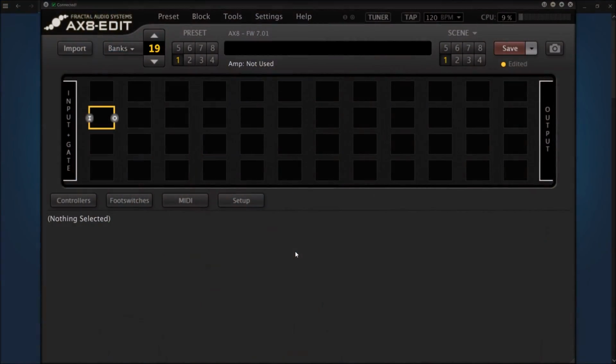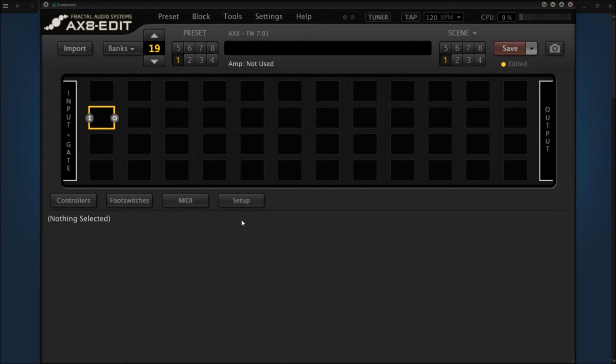So we're going to start off here with a completely blank preset. And for those of you that are familiar with a normal, quote-unquote, heavy metal signal chain, you'll probably already know that we're going to go in some fashion: a boost pedal, an amplifier, and a cab impulse response. And that's basically the gist of it. So we're going to start off with that simplistically, and then I'm going to show you some tricks, how to branch out a little bit